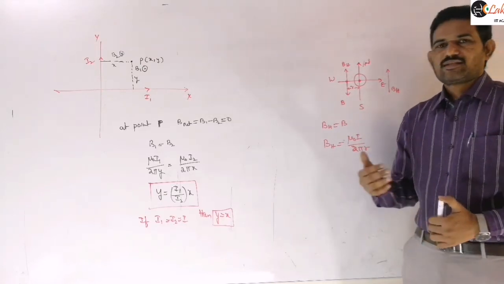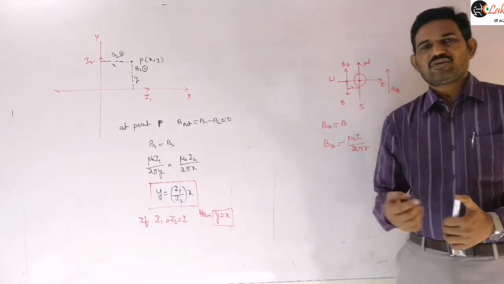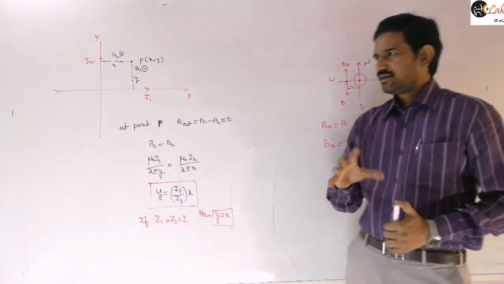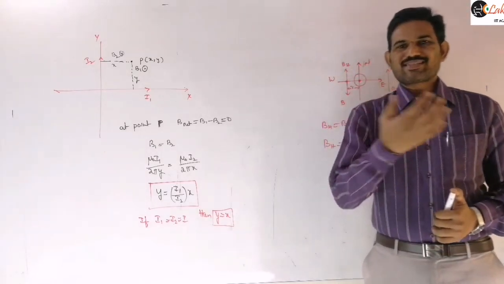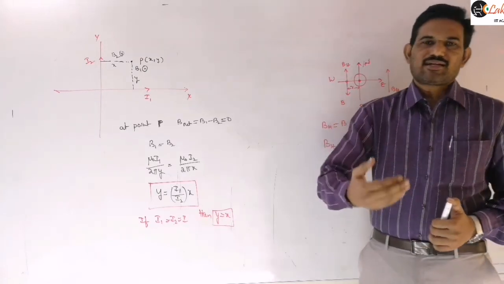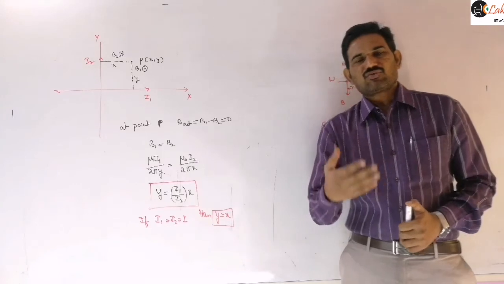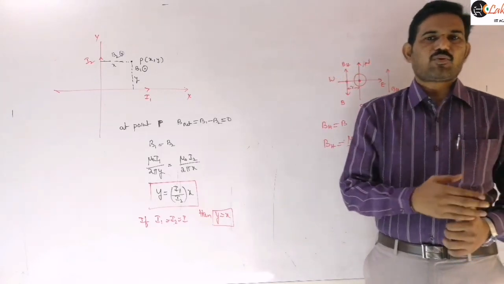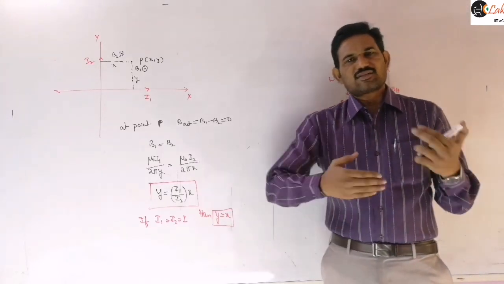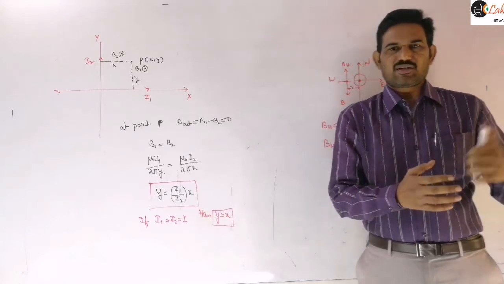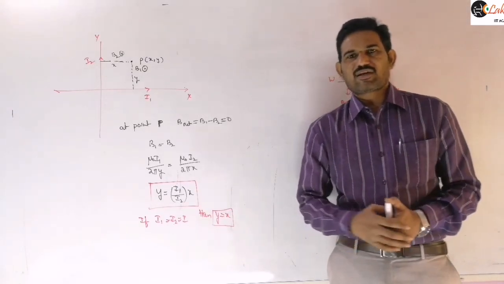In the next class I will explain the magnetic field due to a circular ring, that means a circular coil, on its axis. For a circular ring at its center we already discussed by taking the arc calculation. Now we are going to discuss an axial point at any distance on the axis. A similar formula we discussed in electrostatics, so we need to discuss it in magnetism also, right?